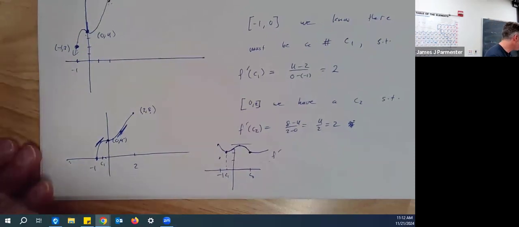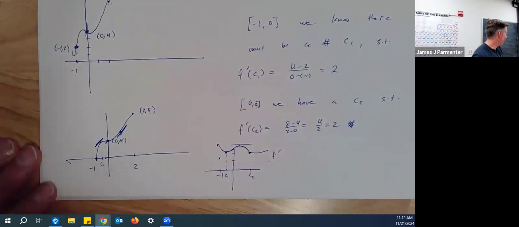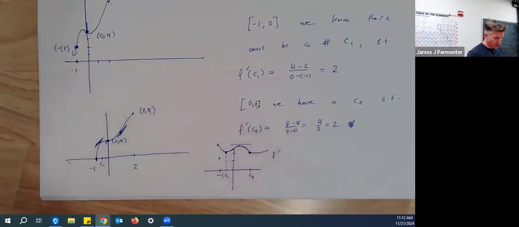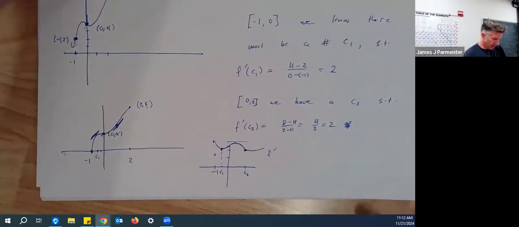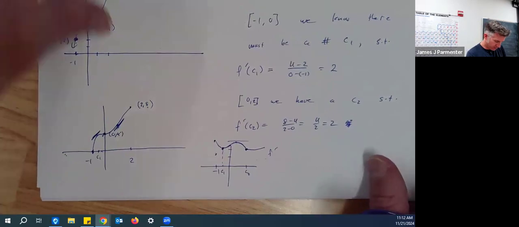We're still just going to use the mean value theorem, though. I'm just trying to help you actually see what's happening here, but you don't actually need these graphs. It's just nice to think about why this is really working the way it's working. Because we're going to say, okay, great. So now,